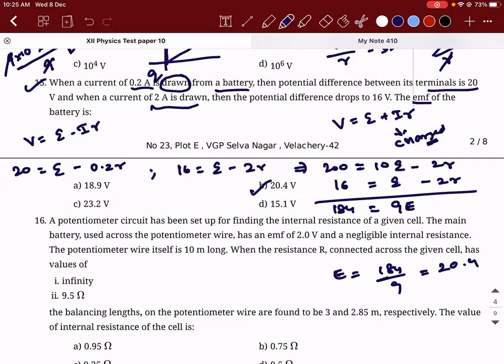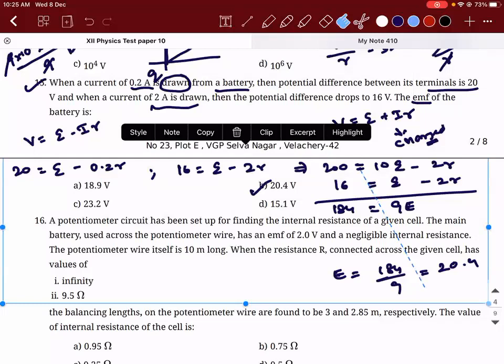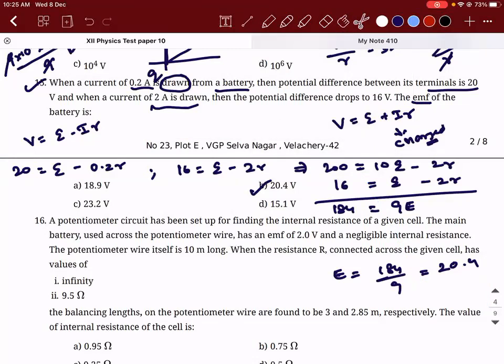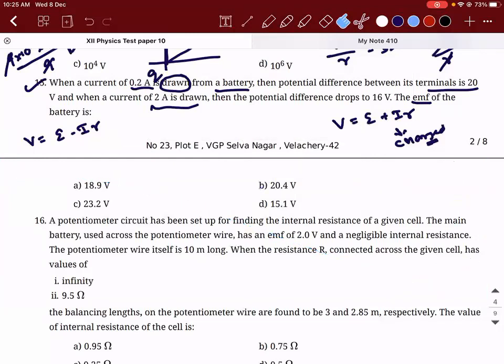Is that what you did? Yes, sir, I did that, sir. That is right only, but it is a time consuming process. You would have got the same answer. Yes, I got the same answer. Then the mathematical part I'm leaving it to you. That's your technique. Okay, sir. But the logic is clear, right, for everyone? Yes, sir. Okay. So 20.4 is the answer.